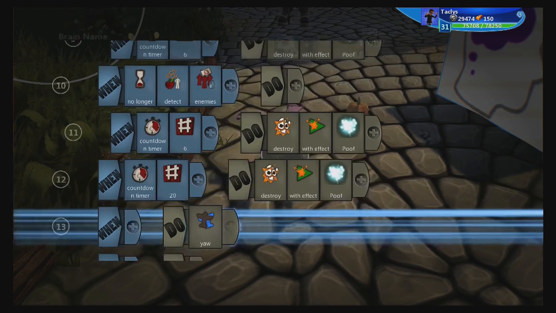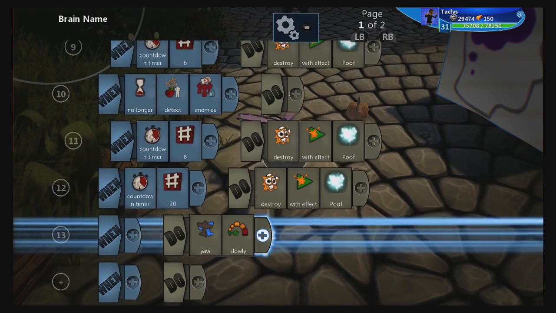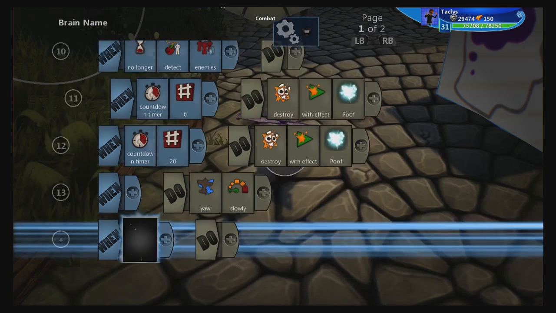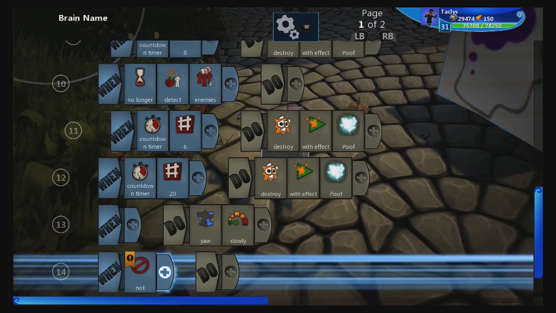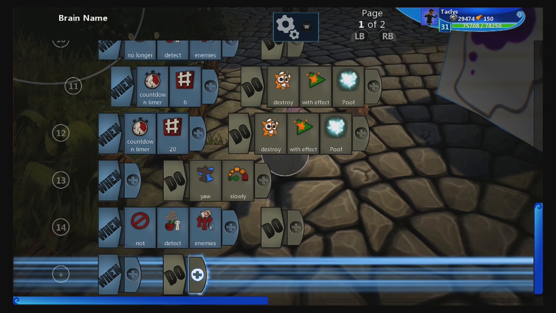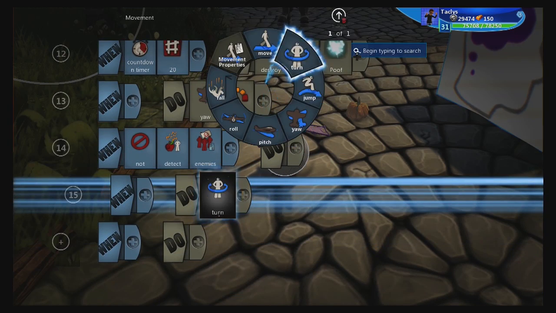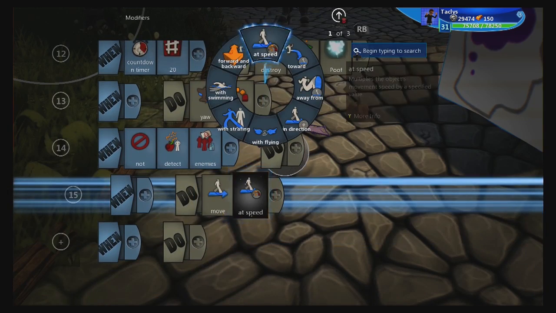First, I'm going to make it yaw slowly. This way it's slowly rotating mid-air, so it actually looks like it's moving and not just hovering perfectly in the air. When it is not detecting enemies, only one, we are going to have it move